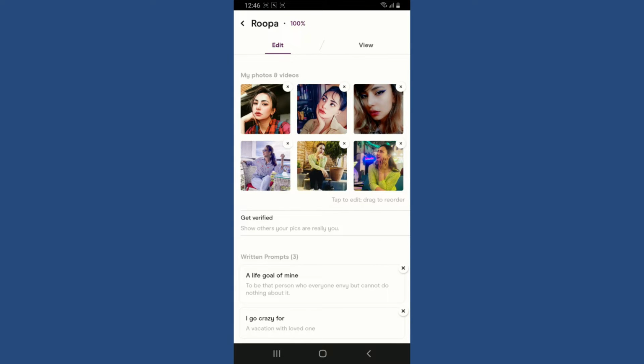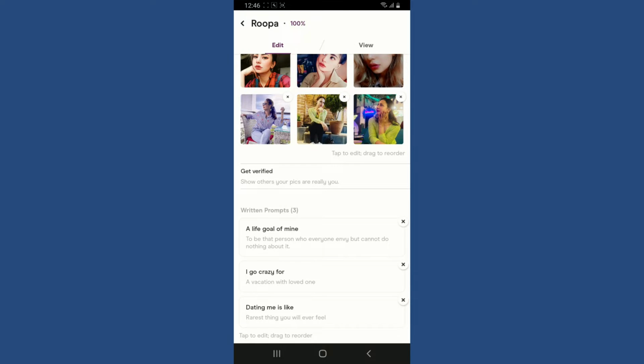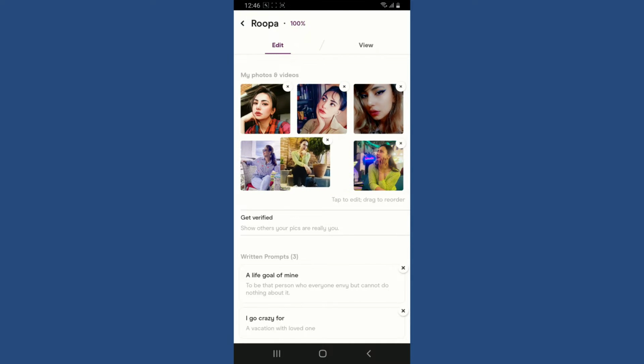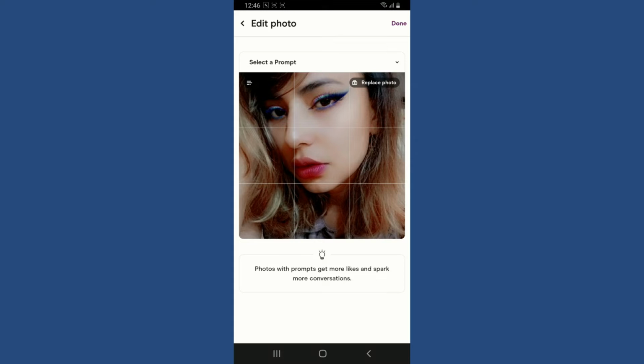Now from this page, you can make any changes you want to your profile information, such as your photos. Tap on the picture and drag it to your desired position to change the order of the picture, and so on. If you want to delete a picture from your profile, all you need to do is to click on the cross icon right above your picture, and to replace a picture with something else, tap on Replace a Photo